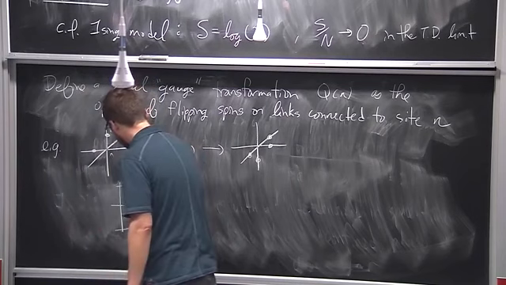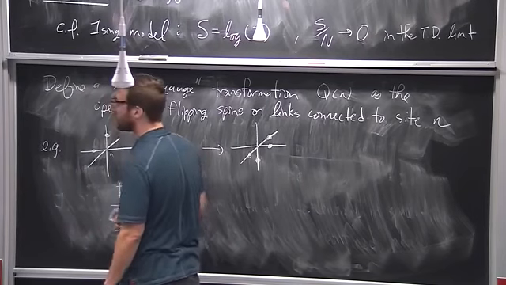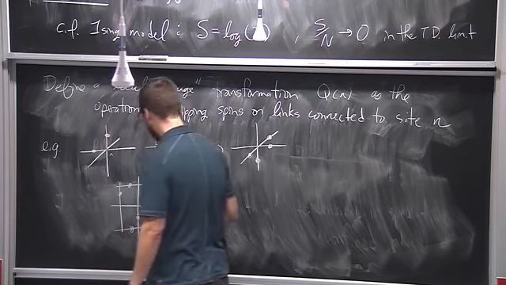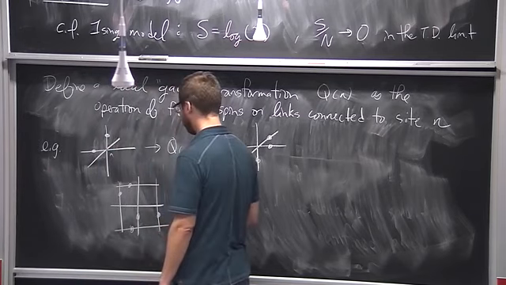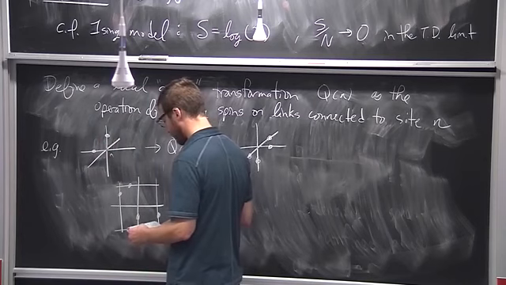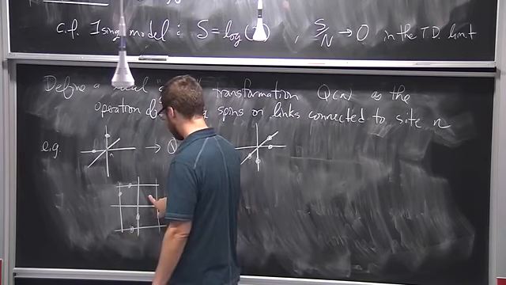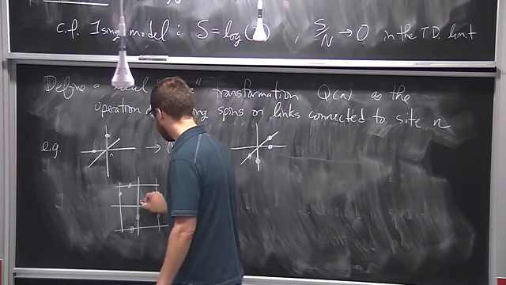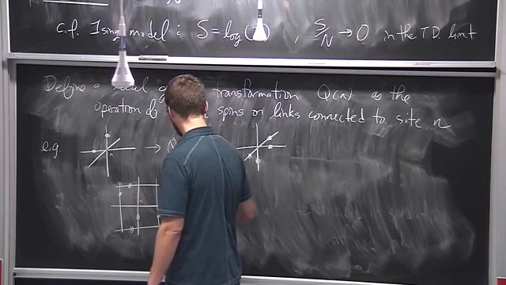I don't know, so let me make any sort of random configuration that satisfies the Hamiltonian. So I have to have an even number on every plaquette. Did I do it? So there's 0, 2, 2, 2. Okay. And this is my site n in the middle. So Q of n gives me